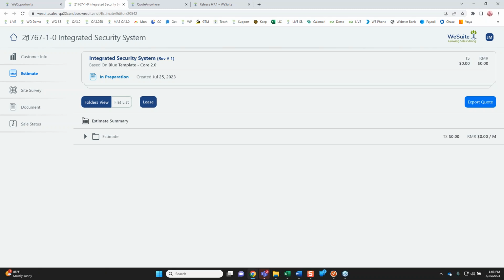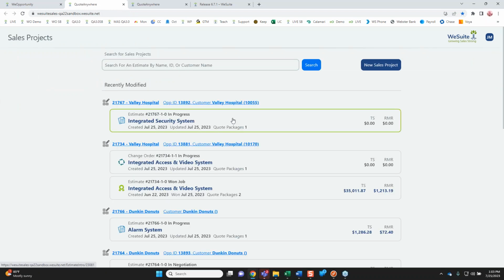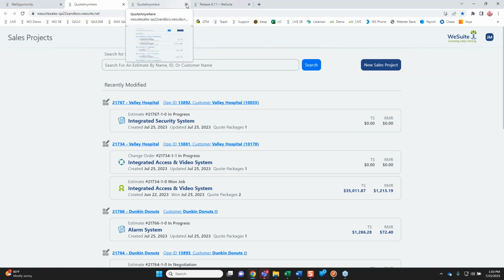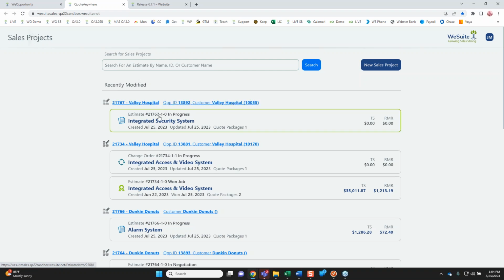So this is really nice, saves the user from having to go to the URL and log in, click the job. The job is waiting on the top of the dashboard anyway, so you'd see it right on the top of the pile here, or search for it, but it will do that for you in auto open. So now I'm in this job, and here I'm on the dashboard of QuoteAnywhere, and it created this bin number,